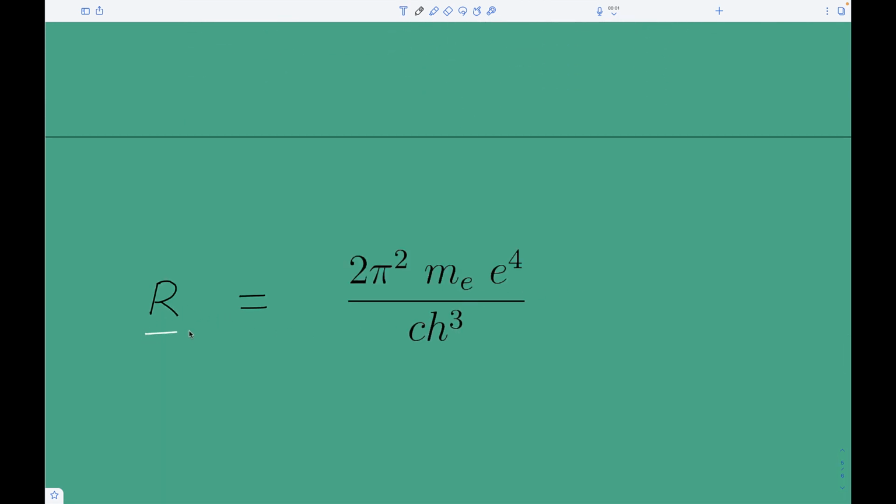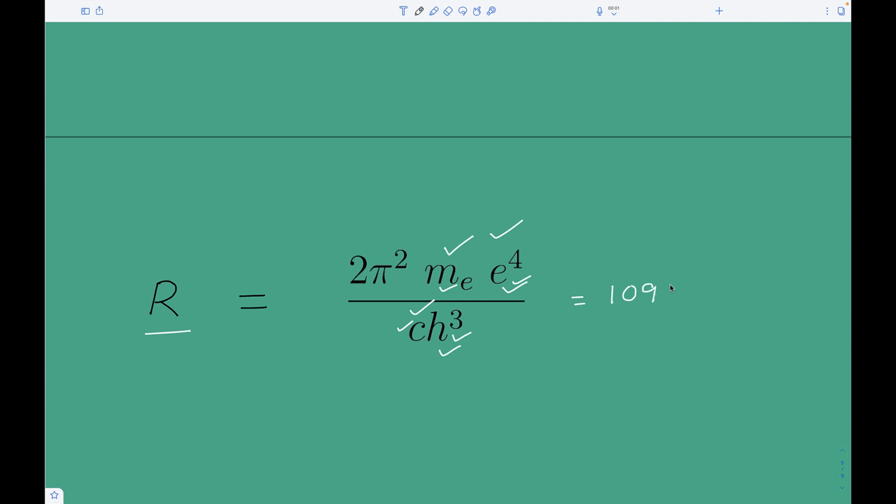theoretically derive an expression for Rydberg's constant in terms of mass of the electron, charge on the electron, speed of light, and Planck's constant. And don't get scared by this expression. You don't have to memorize it. But we can calculate theoretically the value of Rydberg's constant by substituting the values for these physical quantities and Planck's constant. And when Niels Bohr theoretically calculated the value of Rydberg's constant by using this expression, he obtained a value of